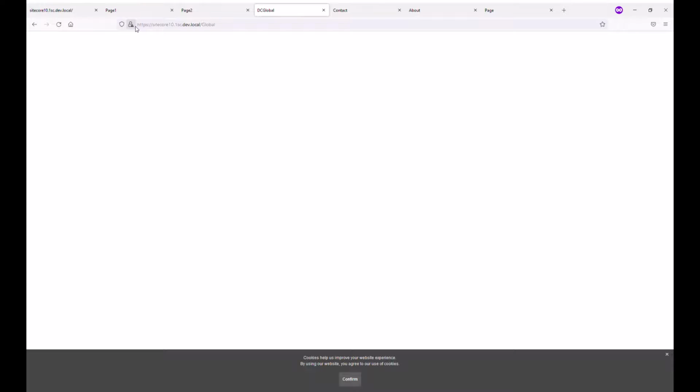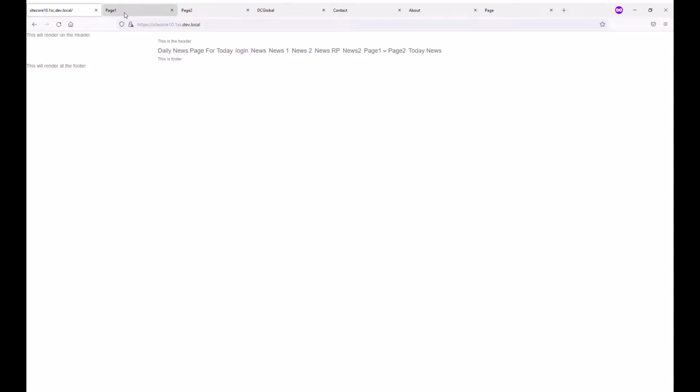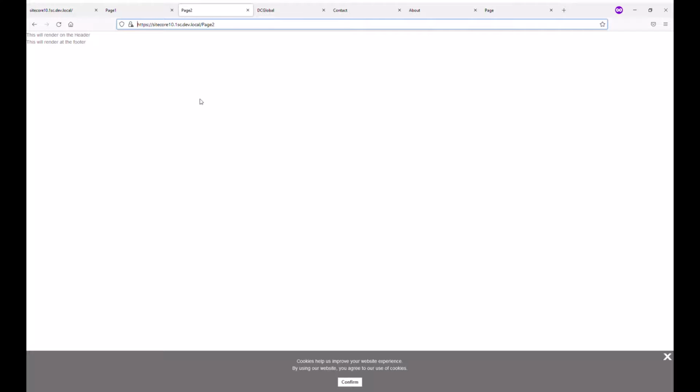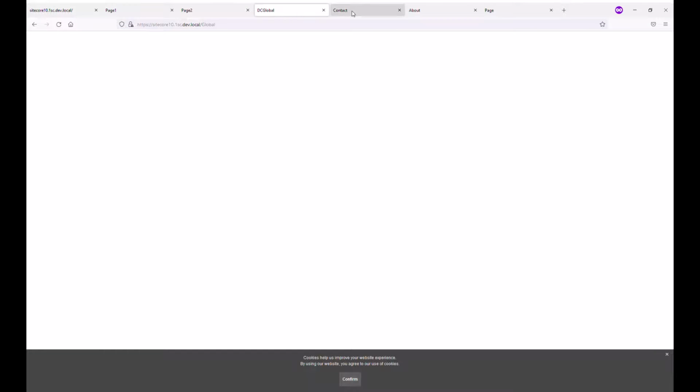The result should be that the home page, page one, page two should not be tracked from the site code, because we have added a setting to stop the tracking. But in the other place, this DC global contact, about and page should be tracked by the analytics, and we'll see in the analytics dashboard that these pages exist over there, because we have not added any kind of setting for that one.